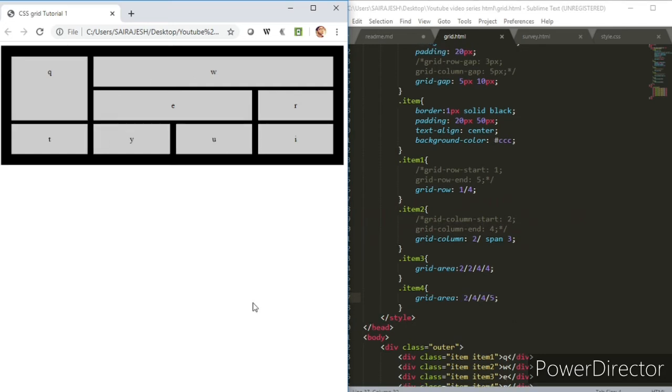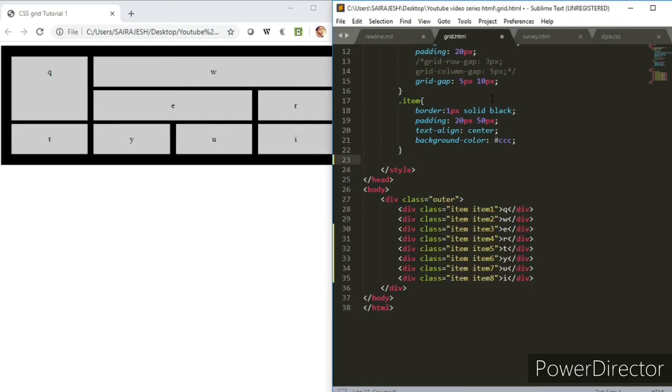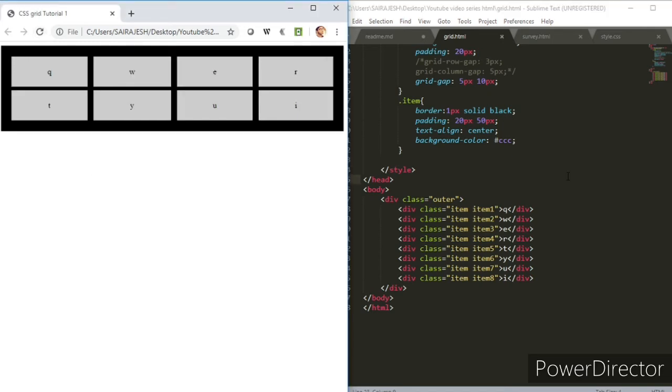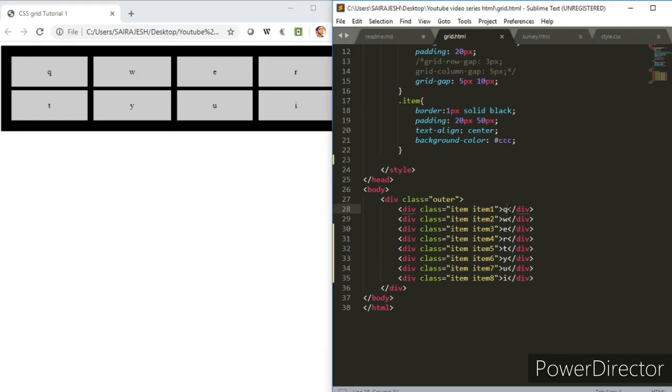Okay, so let's continue and let's try to do something a little bit new from what we have done previously. I have deleted all the items that we had put previously because I wanted to show you guys something more interesting here. So now say actually we want to put a header like that, and then maybe a menu like that, and then something else, some stuff like that. So let me rename these things as header. The second one maybe menu. Third one maybe section 1.